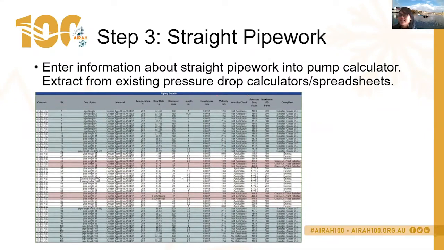What we've done here is basically to take all the information that we've done on a separate spreadsheet to do the calculations, selected only the straight pipe work elements, and then done a copy and paste into the pump calculator spreadsheet. So you want to make sure you don't put any of your fittings or valves information in the spreadsheet. I will note that this is quite long. It is best if you can summarize the information and combine stretches of straight pipe work where you can, because the spreadsheet